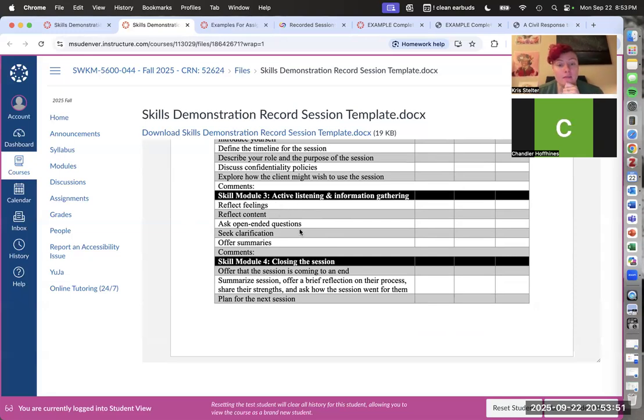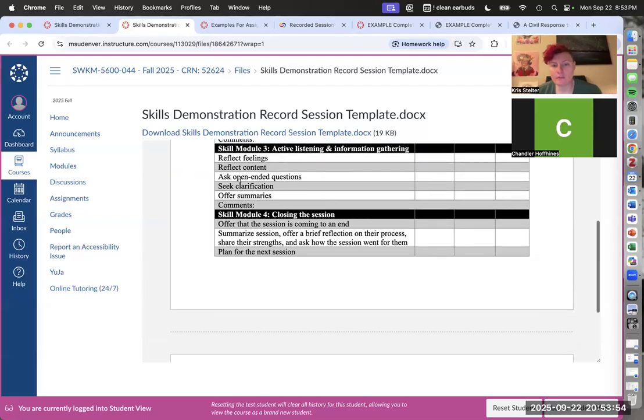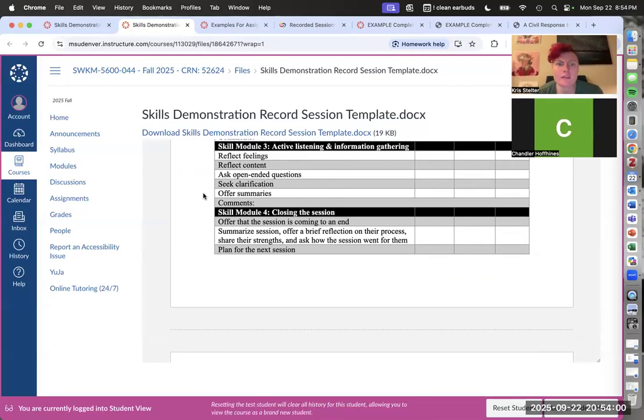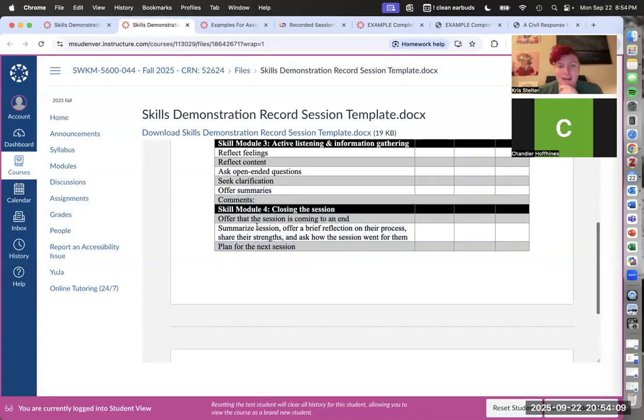And then if there was something you could have gotten clarification on, or the storyline doesn't quite make sense, you can ask clarifying questions if you need. And then, a great way to end out the session is to offer a summary of the session, right? So